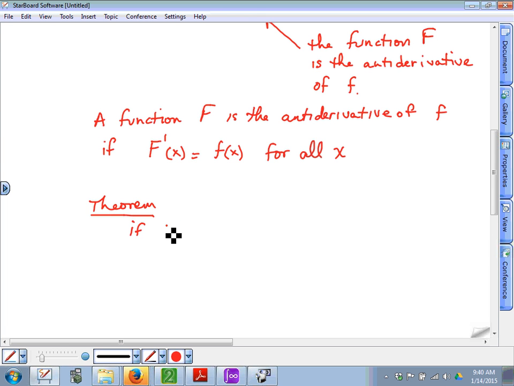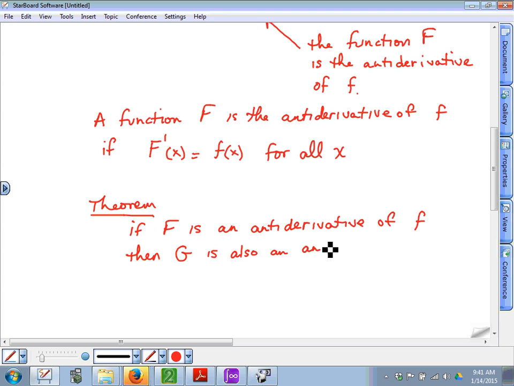If capital F is an antiderivative of lowercase f, then capital G is also an antiderivative of lowercase f if,